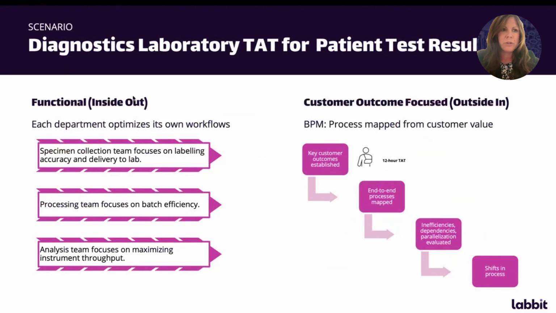Let's make this more concrete with a real-world scenario. On the left-hand side here, we see what happens with a functional inside-out approach. In this scenario, each department has optimized its own workflows. For example, in a diagnostics lab, the specimen collection team has focused on labeling accuracy and delivery to the lab. The processing team has optimized batching. The analysis team has optimized their instrument throughput. Individually, each function may be efficient, but from the patient's perspective, the total turnaround time for results is still much